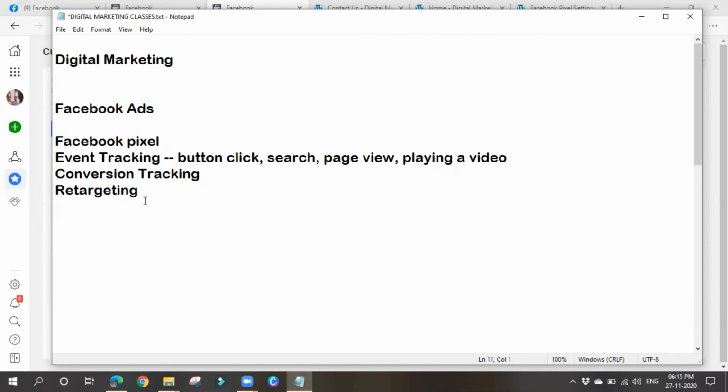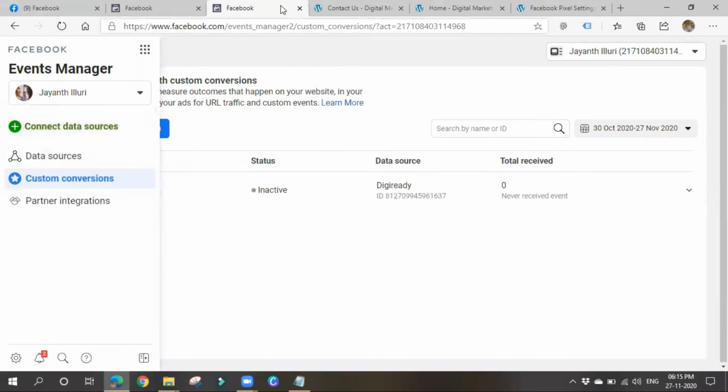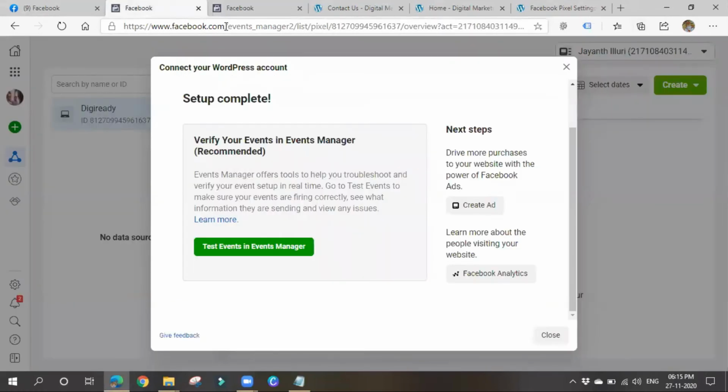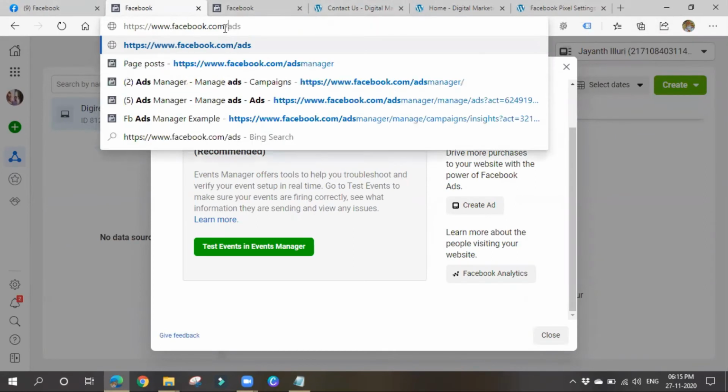So let's go and set up this thing. First go for campaign. Let's go back to ads manager, facebook.com/ads manager. We have to create a campaign.